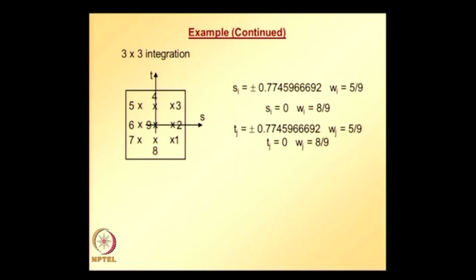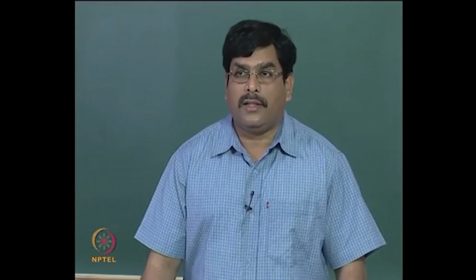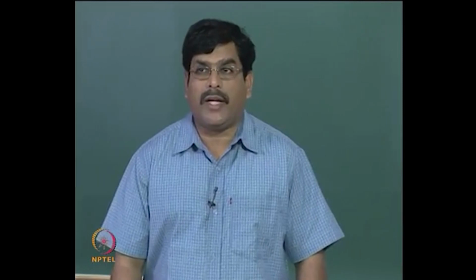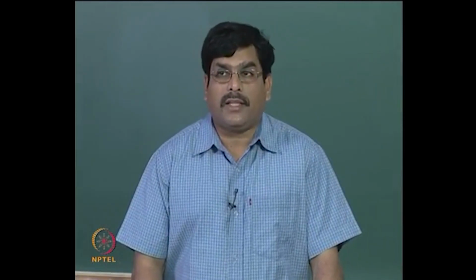Using the Cartesian product of these coordinates, we get coordinates of all the 9 integration points. Please note that here we are going to get a total of 9 integration points, because we are using 3 by 3 integration, and similar to that of 2 by 2 integration, weight in the s direction times weight in the t direction